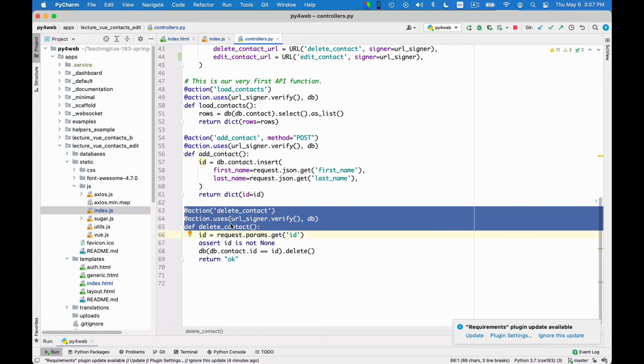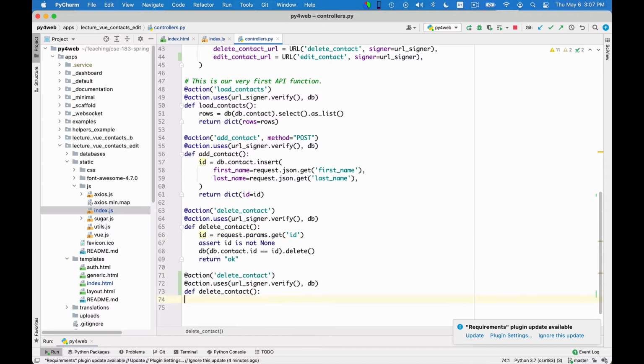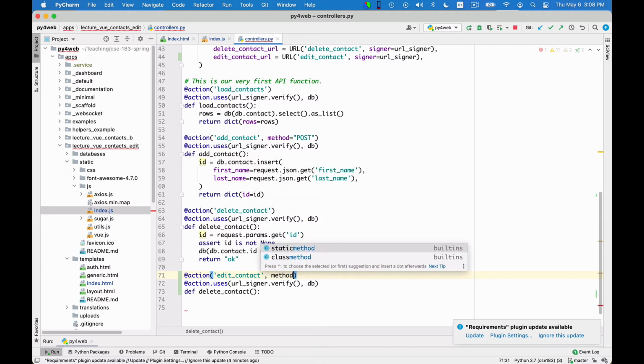But I mean, I will today, but I will not do it now. I first want to write the JavaScript, but let me sketch it. This is edit contact. It uses that. The method will be post. Edit contact. So I want this to do the edit, which I want to write later.